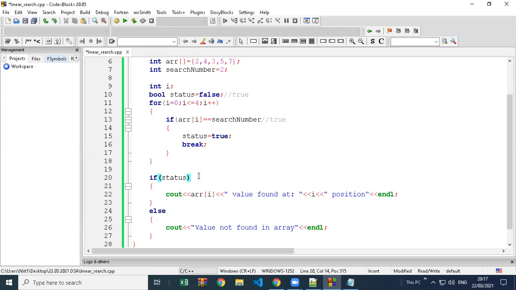If status has a false value, it goes to else. If status has a true value, it enters the if block. So that's why writing equal to is not required for a boolean variable. In an if else block or while block, you don't have to write true or equal to there if your variable is boolean.